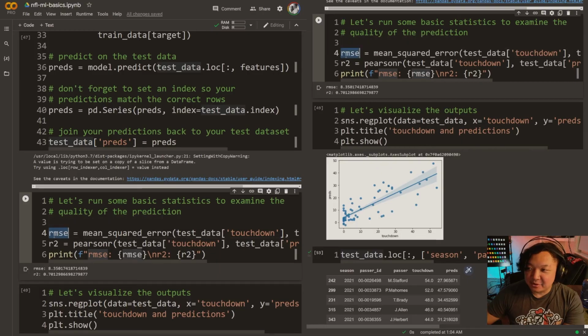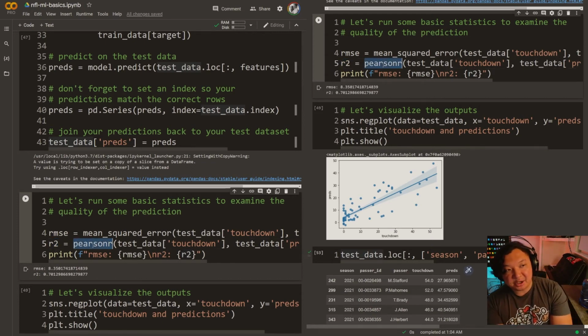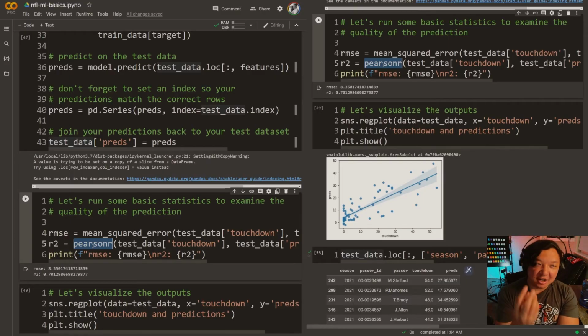That gets like root mean squared error, and what we want to see is a really low number for that. For R squared, we're taking Pearson R in this case. You could use Spearman R if you think your model is non-parametric, but if you don't know what either of those terms mean, then I do suggest taking a look at parametric and non-parametric statistics. If you don't care about what this means, if you're like, I'm good, Pearson R is typically a fine choice